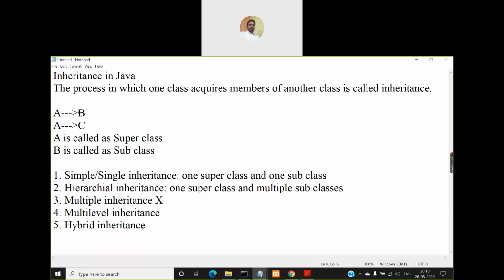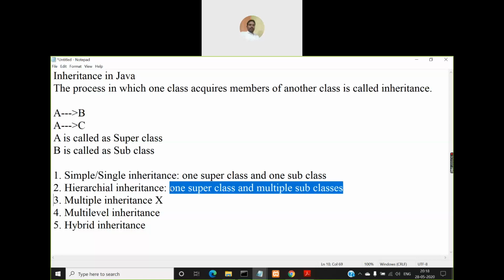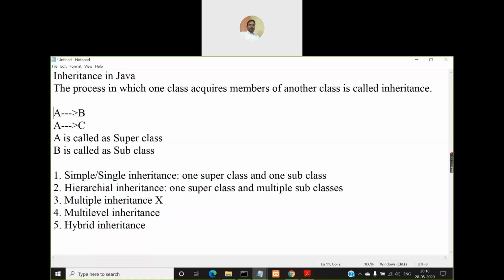But coming to subclasses, B is one subclass and C is another subclass. So in that way you can have any number of subclasses, but there must be only one superclass. There cannot be more than one superclass. So that's why it is clearly mentioned here, one superclass and multiple subclasses. Multiple means it can be 2, 3, 4, any number. So this is now an example of hierarchical inheritance, right?